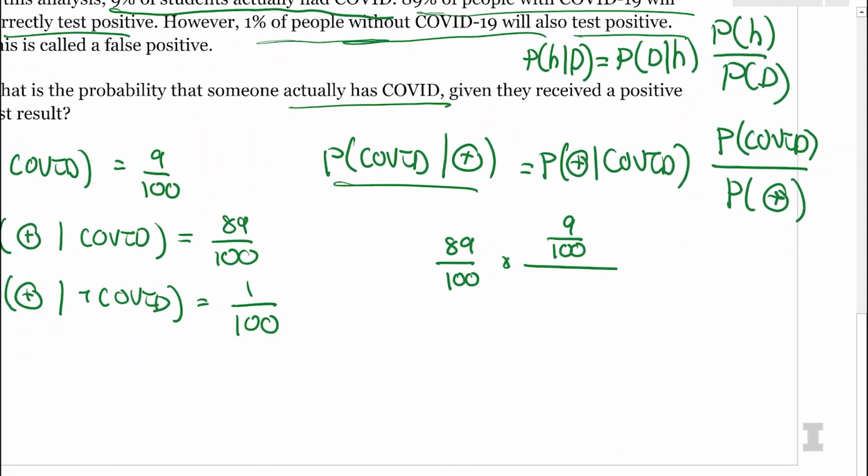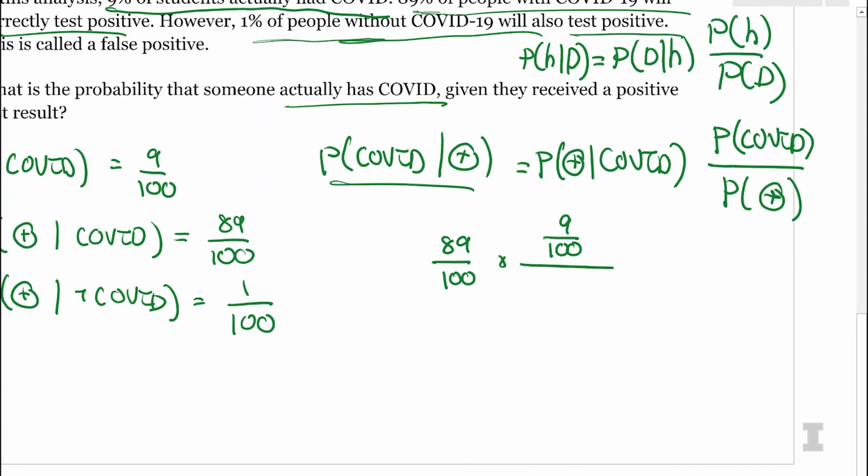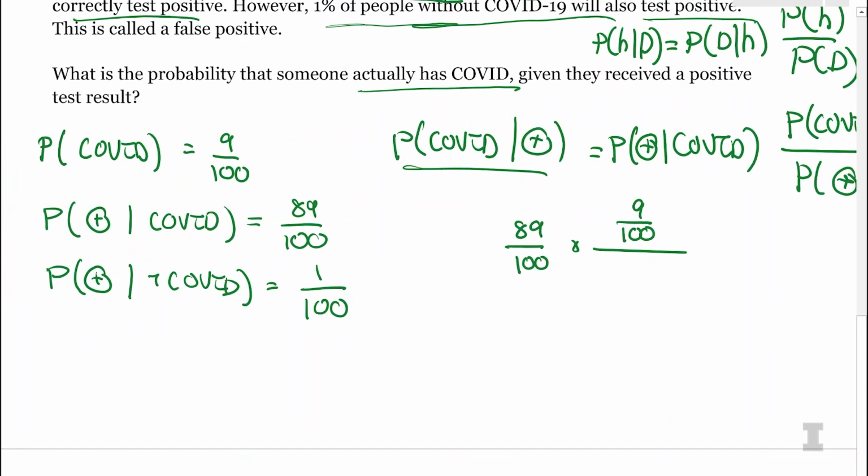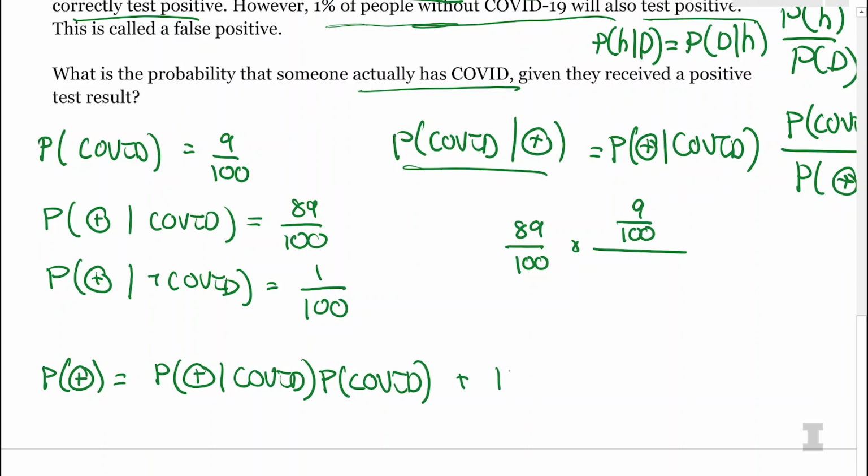So what's the probability of just a positive test out of the whole population? It looks like we weren't given that specifically, but we were given all of the probabilities that we need to calculate that. So we have the probability of getting a positive test result given that you had COVID and given that you didn't. And then we know the probability that you had COVID and we can figure out the probability that you didn't. Exactly. So the probability of the overall positive is equal to the probability of having a positive test given you had COVID times the probability of you having COVID, plus the probability of a positive result given you didn't have COVID, making sure to ensure that we've looked at the entire sample space.